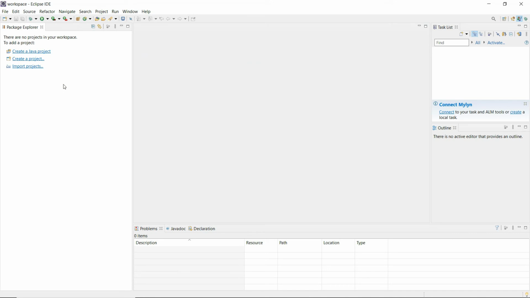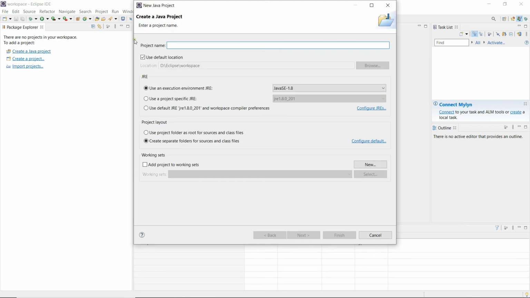While we are in the Java perspective, let us try to create the two programs that we have done in the earlier episodes, the Hello World program and the File Reader program. While we are writing those programs, we'll look at the basic features of this IDE. Let's create a new Java project by using this option. Give the name for the project.